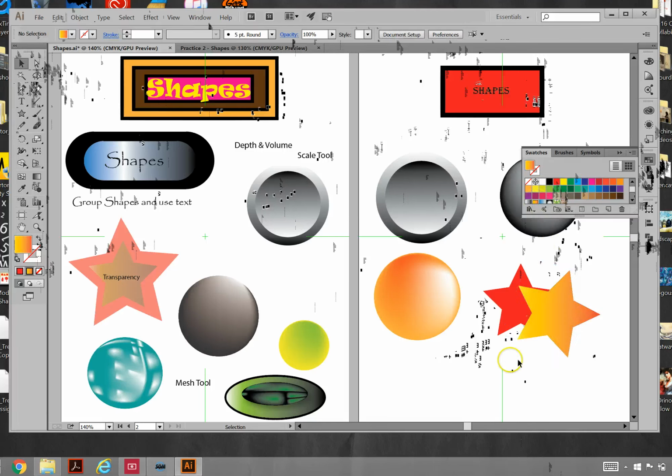that color? Now, if I want to see that red star behind the orange star, there's a couple of different things I could do. I could select the orange star and I could change the opacity of it. And by changing the opacity, I now can see the other star through it. Now that really gives you a realistic effect, especially if you're doing fabric, clothing,